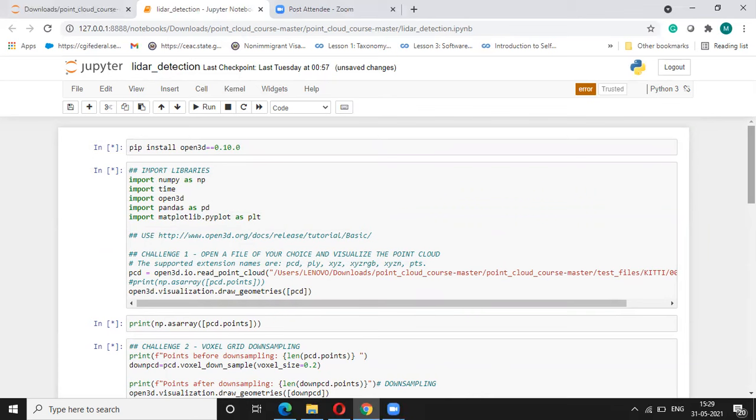There are various algorithms, and a lot of research is happening in the domain of learned algorithms, meaning 3D deep learning, which we can use for object detection, shape classification, or segmentation.